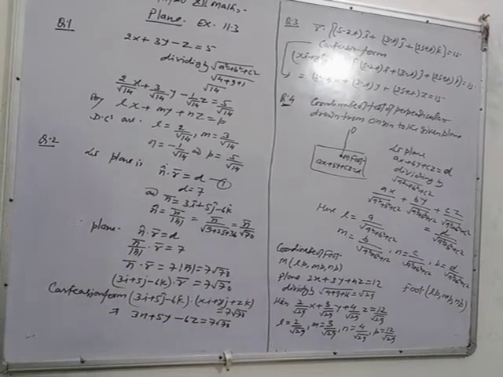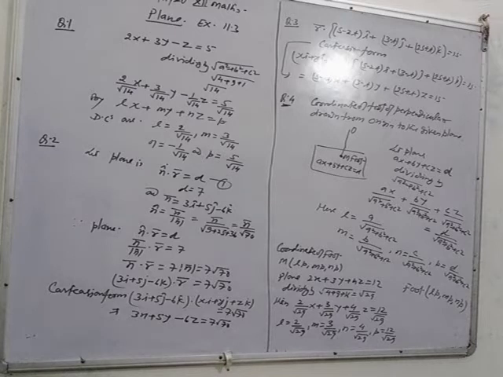12th math students, see some problems from exercise 11.3. The topic is plane. In the previous article I already explained the general form of the plane: plane passing through 1 point, plane passing through 3 points, plane in vector form, plane in Cartesian form, and the angle between two planes.